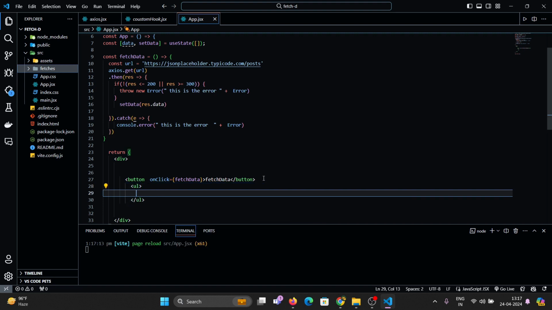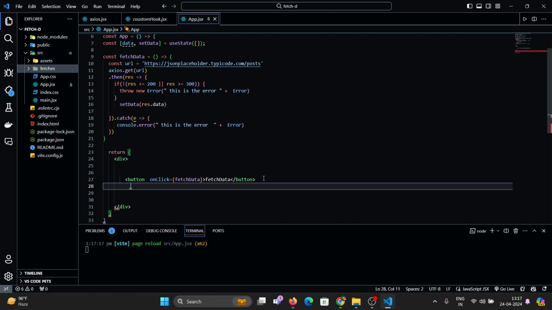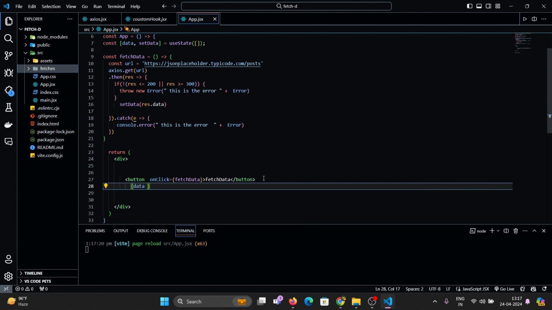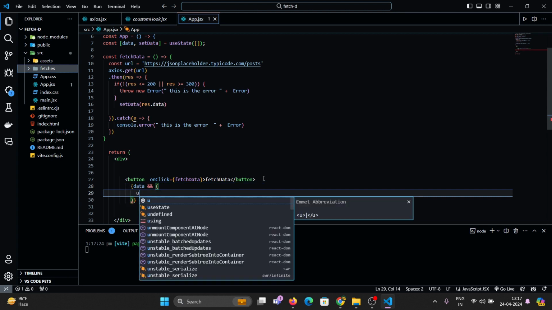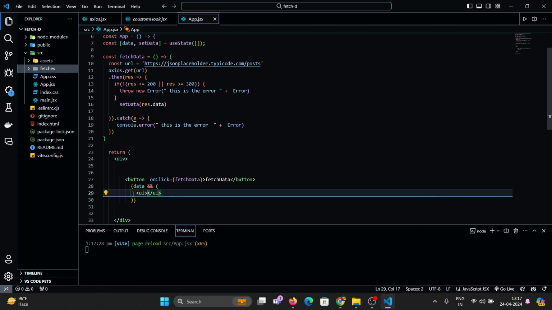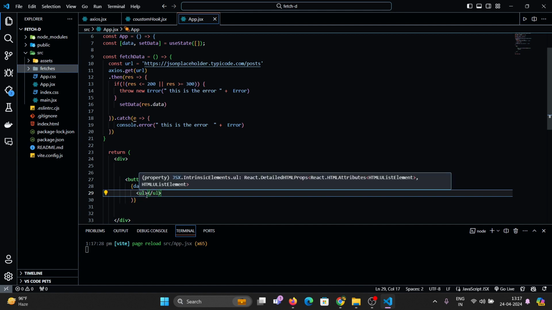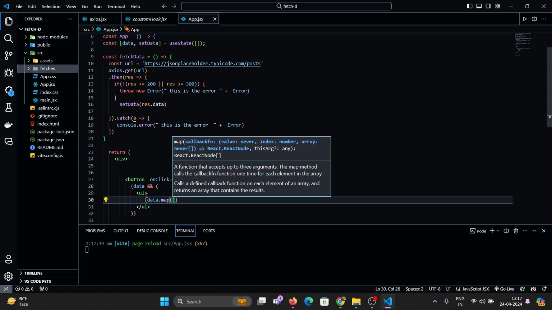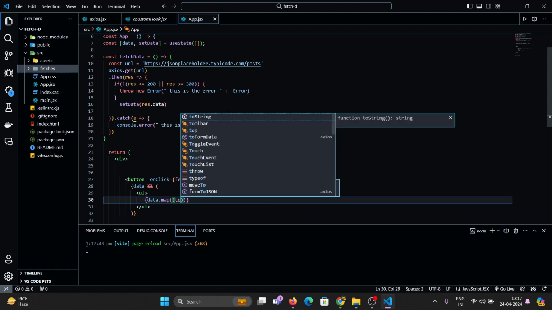And inside this unordered list, I create a simple conditional. We conditionally use the data: if our data has arrived, if our data is true, we need to create an unordered list for that, and inside this we need to map the data, data.map, because it returns an array. That's why we need to use the map function here and create a single to-do for that.